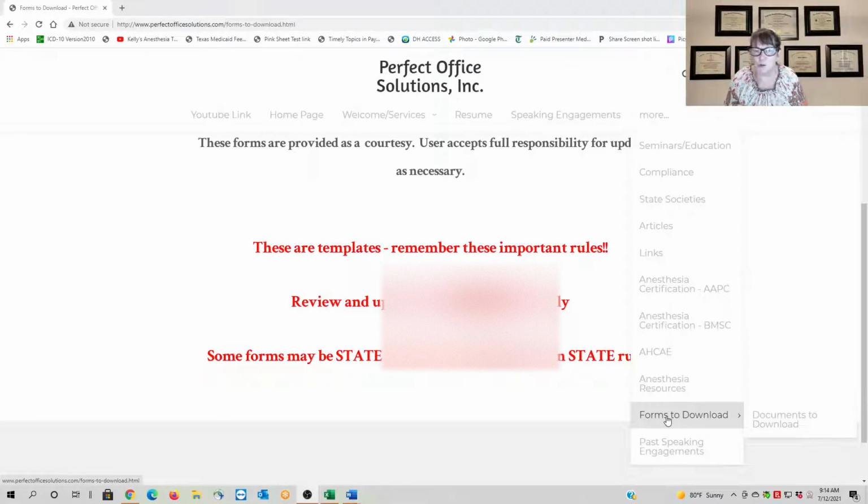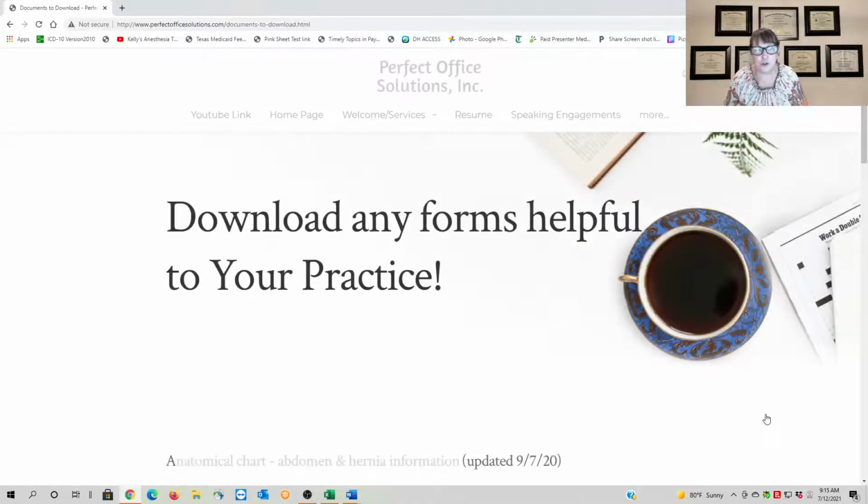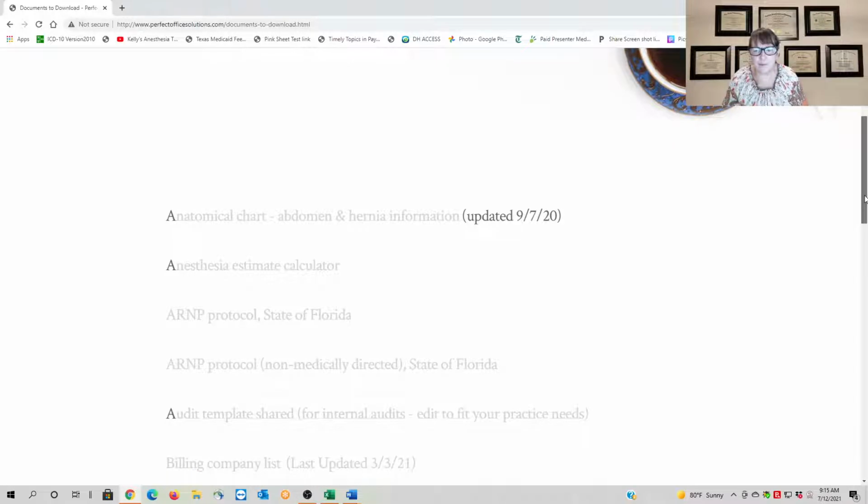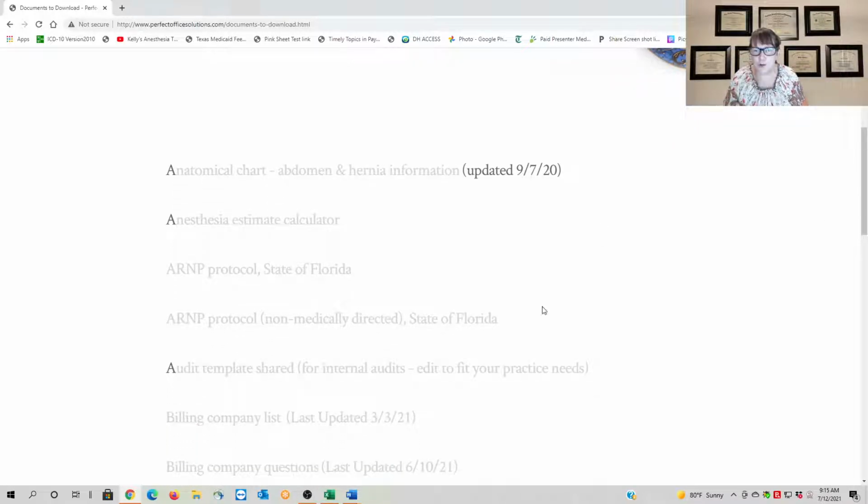So you go to the Forms to Download page and then hop over to the Documents to Download. And I do update my own website, and this was the only way that I could get the documents to share. And there are quite a few documents on here, so please feel free to download any that may be helpful to you. I will say when I update them, so you may have noticed that I have not updated that audit template